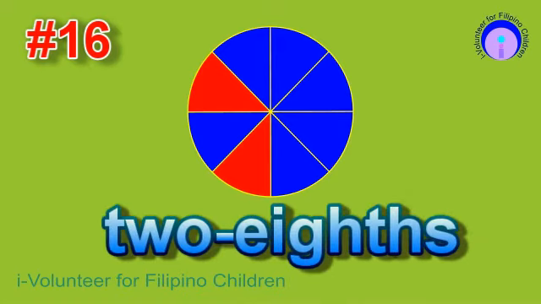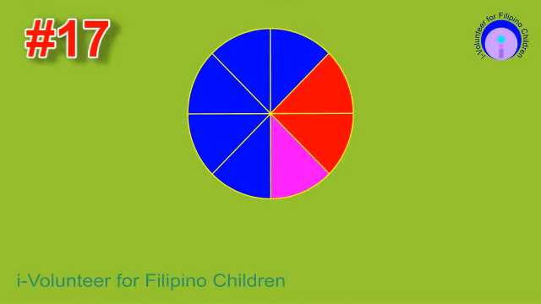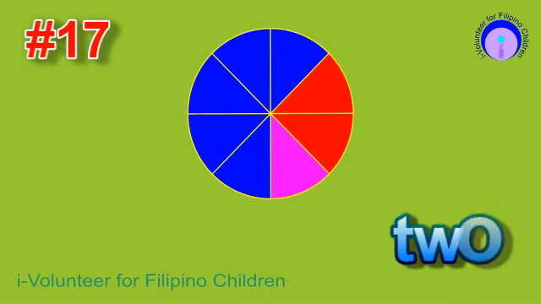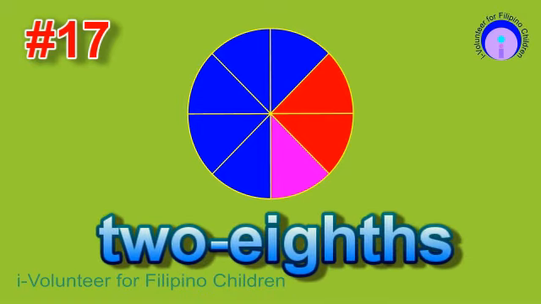The answer is. Number 17. Write the fraction in words on the number of reds. The answer is